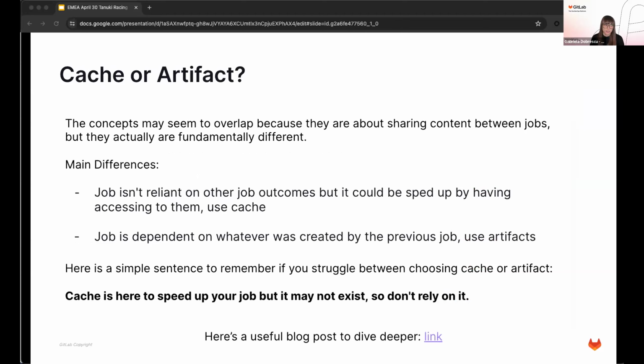Now, this is a nice question. Cache or artifact, which one is it? This pops up quite a lot: which one would you choose? I think the main difference is whether a job is reliant on another job's outcome. For example, if job B doesn't have to rely on job A's output,